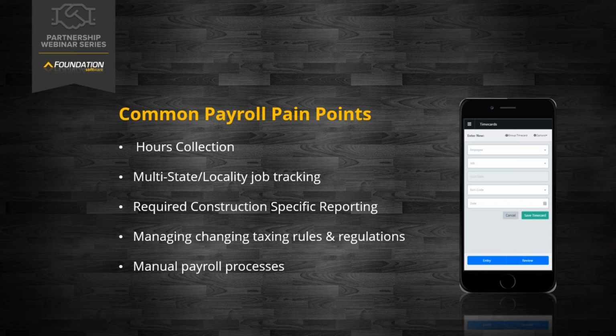And the last one, just a fell swoop for everything: the overall manual payroll process, from the hours collection to, maybe we're working prevailing wage, or we have union work where we have specific pay rates that we have to tie out to these employees. We have someone in the office, Susan, Rick, Bob, going through and making sure that each individual employee is being paid the correct rate of pay per that specific job. It can be a very daunting process and can also have information that's missed or incorrect.